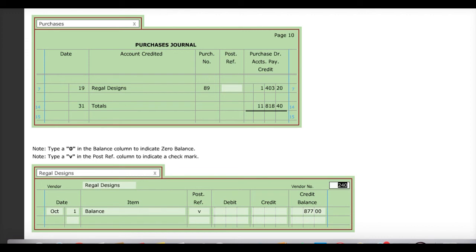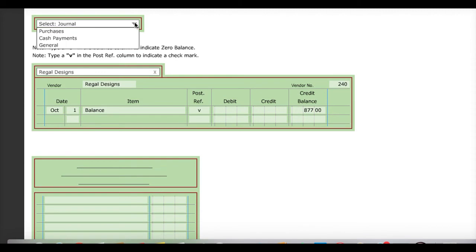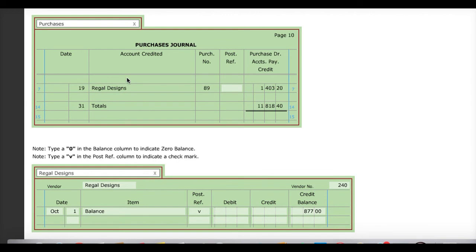Alright, direction number 2 states we need to post the accounts payable credit entry on line 7 of the purchases journal to the accounts payable account for Regal Designs. So up here, I already opened the purchases journal, but it's right here. We just go up to the top. There's the purchases journal, cash payments journal, and the general journal. You would go through, open up the purchases journal. We would notice that Regal Designs has an accounts payable credit of